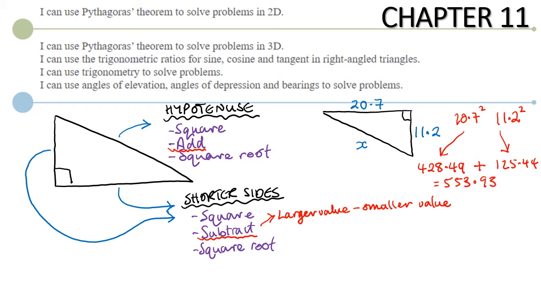553.93. And then the next thing I do is to square root. So I'm going to square root that answer. So third step is to square root that number. Now on my calculator, I can just do square root answer. So you could just press the answer button to get that last value up. And if I do that, I get